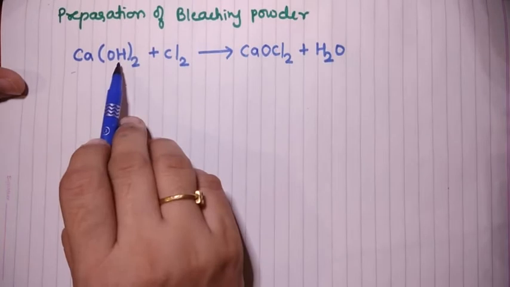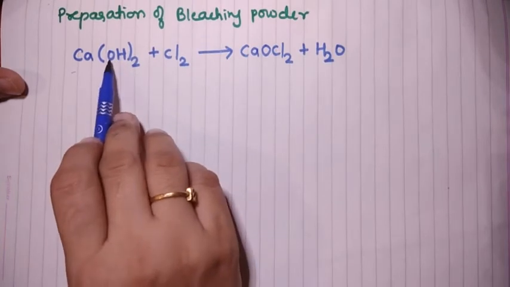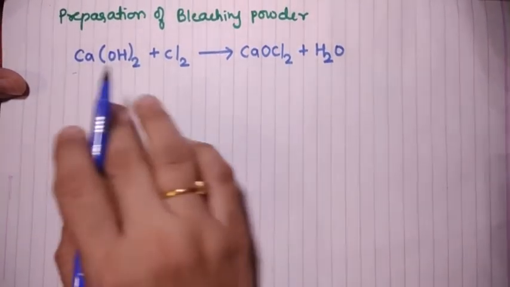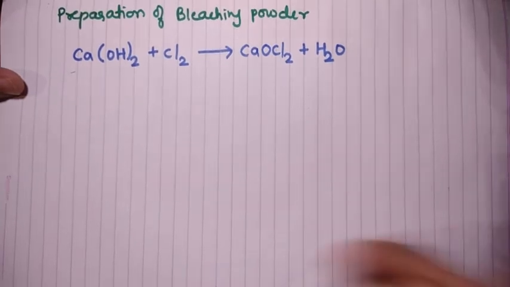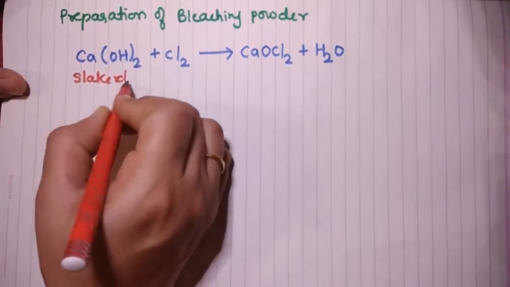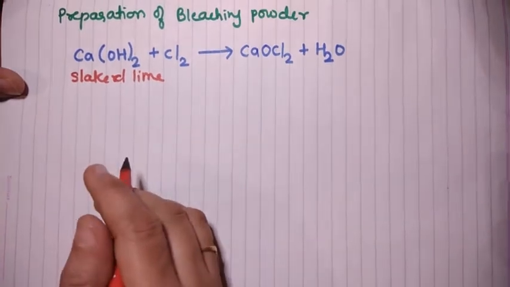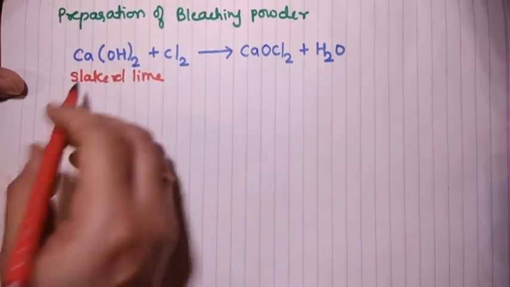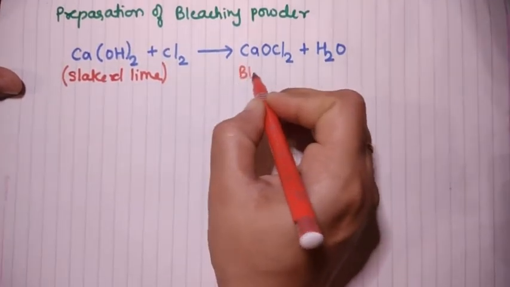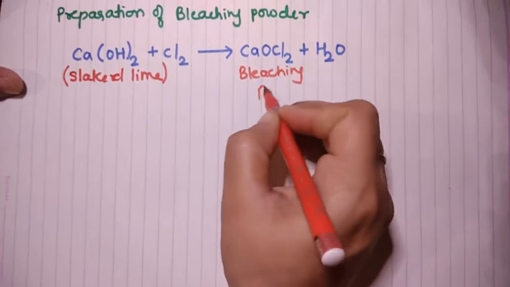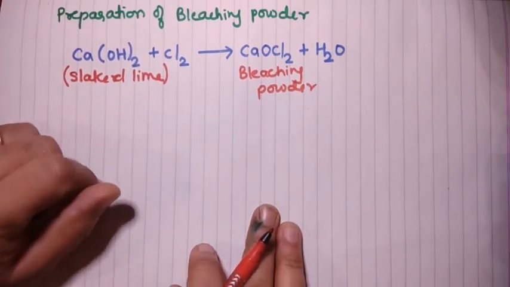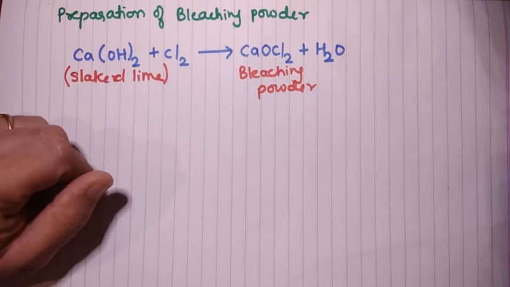Now what is left here? You can see 2H and one oxygen, so it will form H2O. Very easy reaction. Okay, so in this way you can form the bleaching powder. What is the chemical name? The chemical name of this is calcium hydroxide, and we used to say the general name as slaked lime. This is as bleaching powder. So here you can see that chlorine is actually used for the preparation of bleaching powder. So here also it finds a wider application.